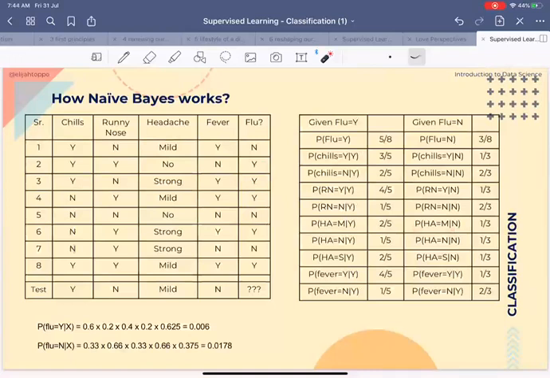So do not have flu, we have 3 examples, 1, 2, and 3. And headache has 3 options: mild, no, and strong. So first look for mild. Mild has 1 example out of 3. So the probability that someone has mild headache, given that we know they do not have flu, is 1 by 3. The probability that someone has no headache, given that they do not have flu, is again 1 by 3. The probability that someone has strong headache, given that they do not have flu, is 1 by 3